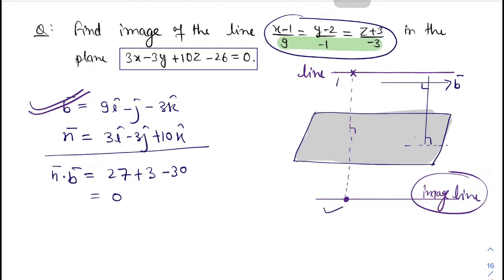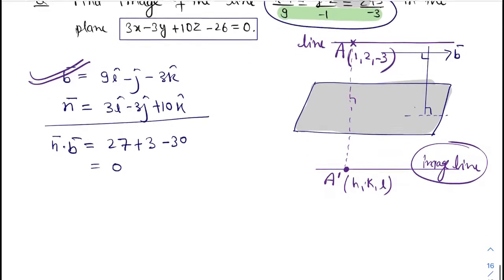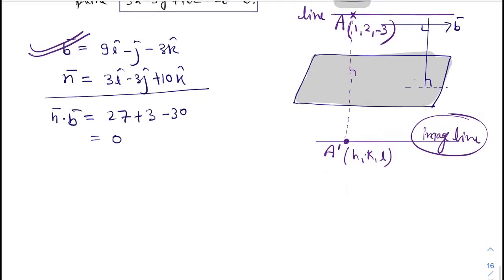So if I consider this point to be A, I can get the image of A in the plane as A dash. A is any point on the given line. I can take it as 1, 2, minus 3. Okay, so let me take this 1, 2, minus 3. And let me consider the image of point A to be h, k, l. Then I can apply the formula